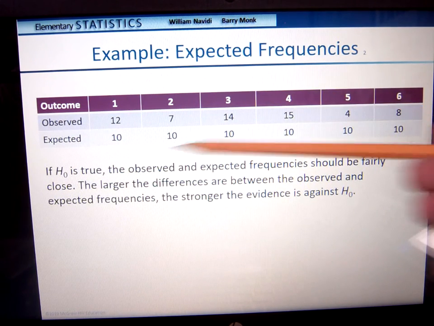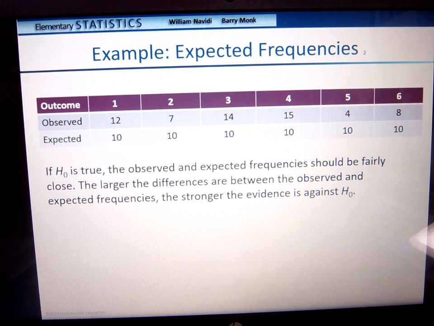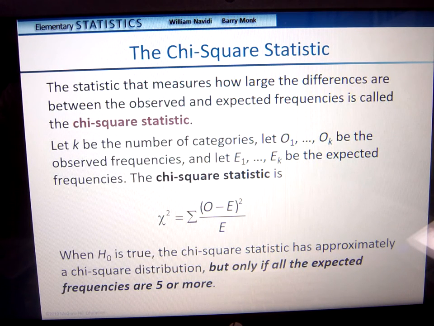These are our expected frequencies. Now, if the null hypothesis is true, the observed and the expected frequencies should be fairly close. The larger the differences are between the observed and expected frequency, the stronger the evidence is against the null hypothesis. So the statistic that measures how large the differences are between the observed and the expected frequency is the chi-square